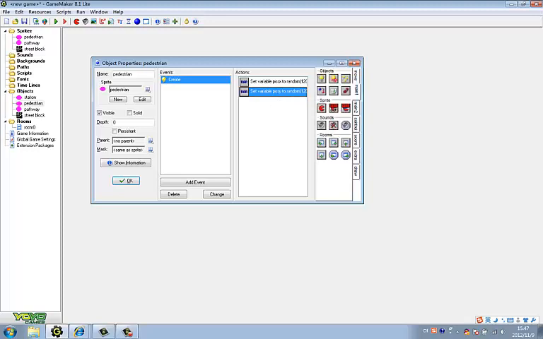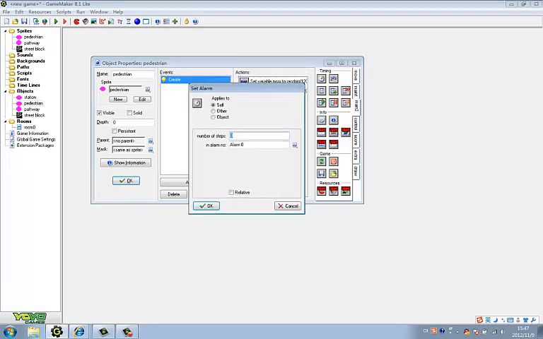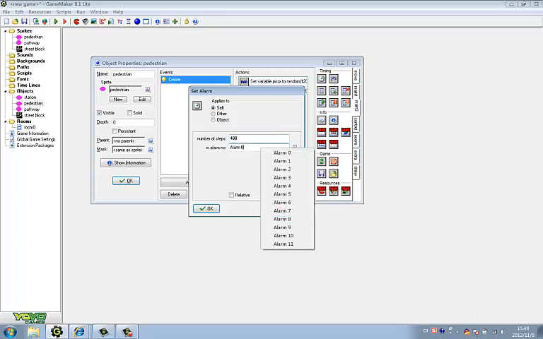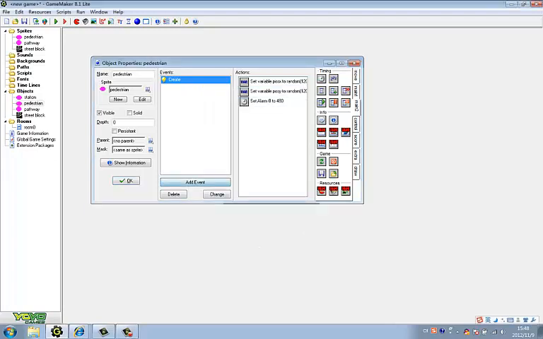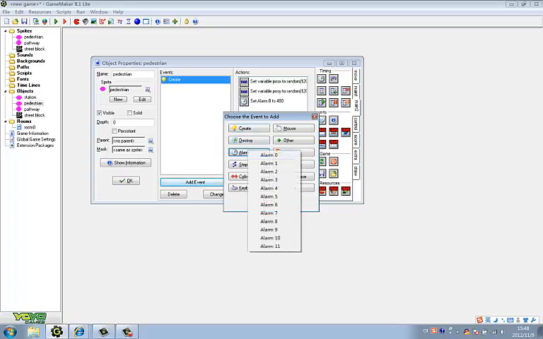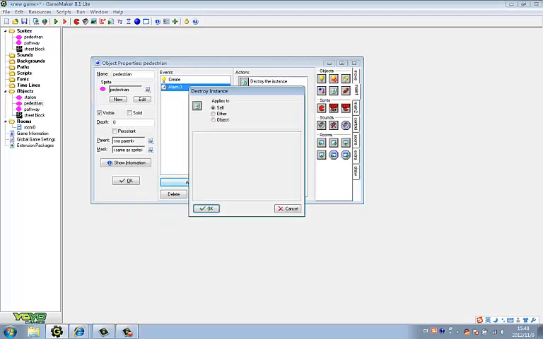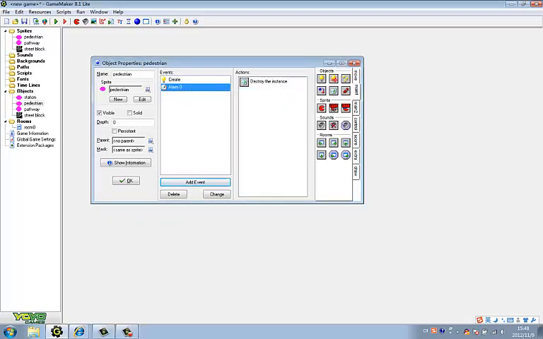Then under the main 2, drag the alarm in the actions, and the number of steps stands for the time, so we can set it as 480 in alarm 0 and click OK. Then we add another event, alarm 0, and under the main one we drag the destroy instance here,